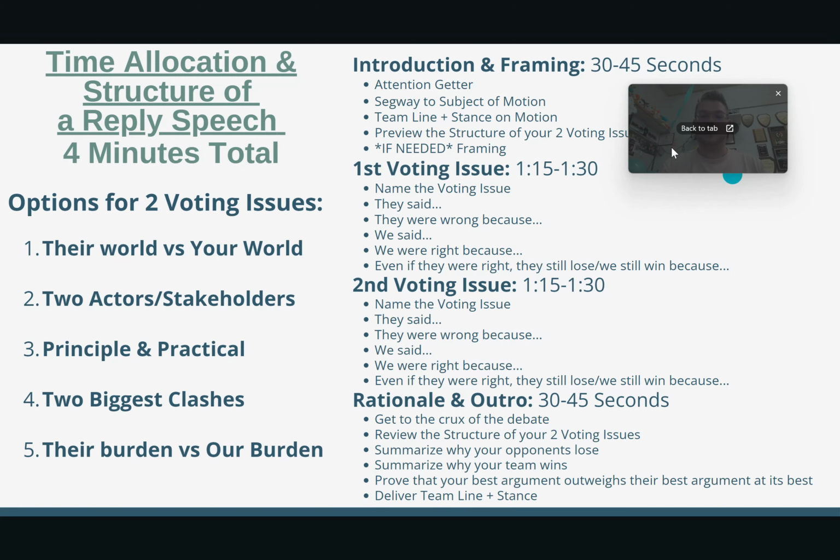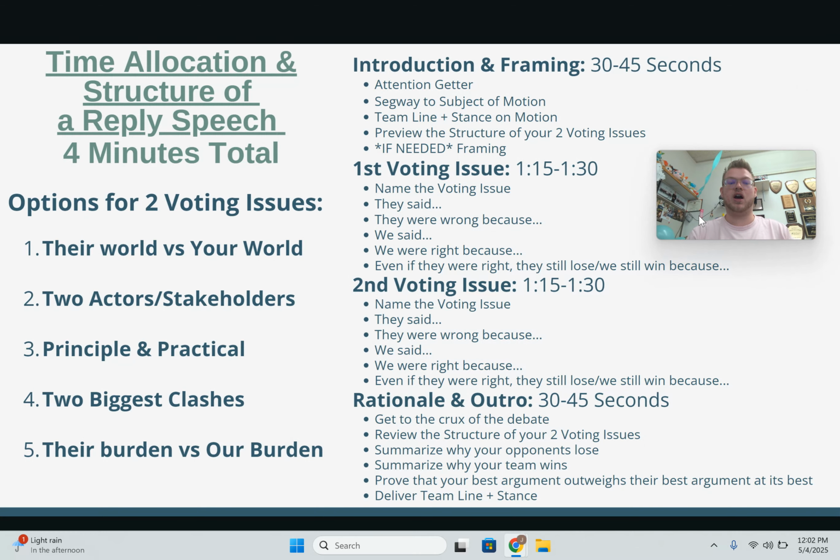So how do we do this? Well, here is the time allocation and structure of a reply speech that is 4 minutes long. You're going to have an introduction and talk about framing if needed, and that should take between 30 to 45 seconds. You're going to go through 2 voting issues that should each take between a minute 15 to a minute 30, and then you're going to give a rationale and outro or conclusion, which should take between 30 to 45